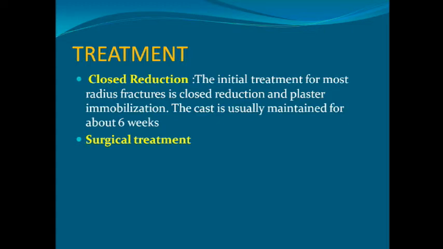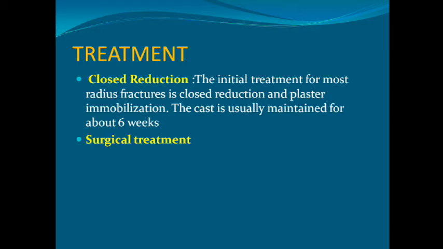So treatment for distal end radius fracture, always we'll first try closed reduction. So in closed reduction we reduce. How we do closed reduction, I will explain to you later, what is the technique. And then we apply plaster. Below elbow plaster we apply just below the elbow, and it extends to the distal palmar crease. Up to here we'll put a below elbow cast for 6 weeks.